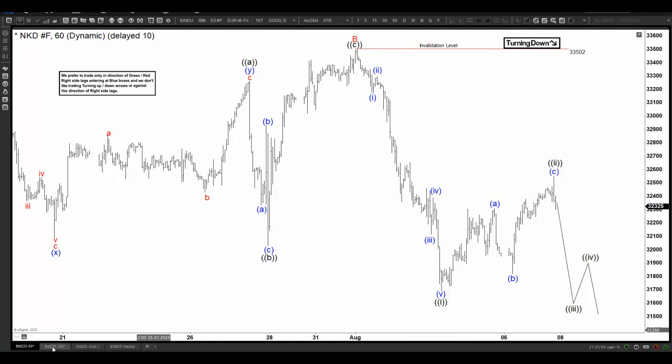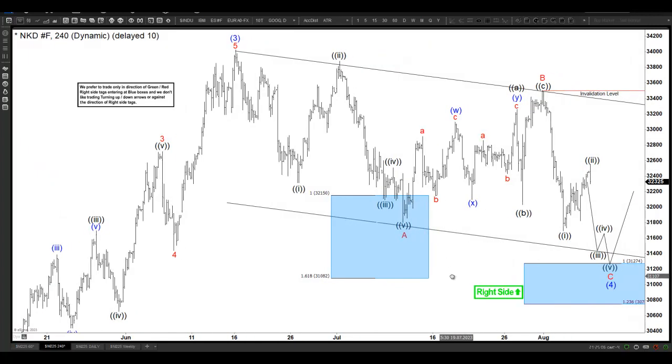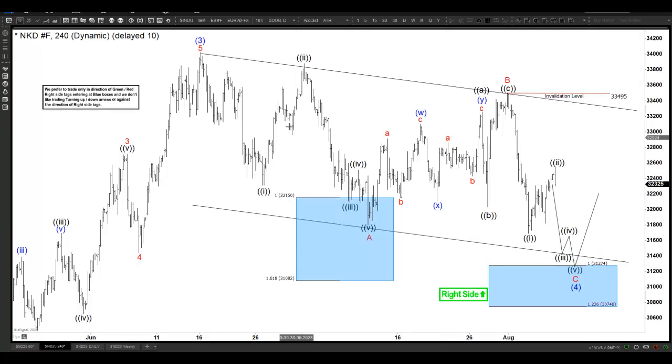Let's see here in 4 hour. This would provide us with a more clear picture. We have from the highs wave A, either it is 3 swings or 5 waves, but which is more important, that after making here a new high, this impulse which I have discussed just before in 1 hour chart has broken these lows. These lows breaking means we now have a bearish sequence, and because of breaking these lows we have now